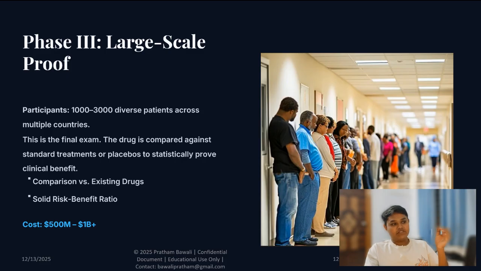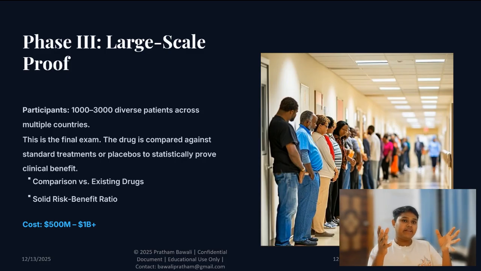Then here we have phase 3. We are taking large scale proof. Participants will be around 1,000 to 3,000 diverse patients across multiple countries, and this is the final exam. Also, you can say the drug is compared against standard treatment or placebo to statistically prove clinical benefits. Comparison versus the existing drugs, solid risk-benefit ratio. Here the main thing is that large scale proofing costs around